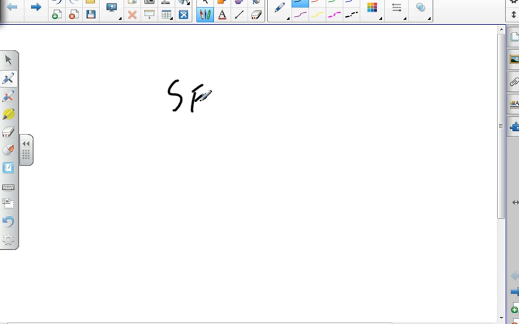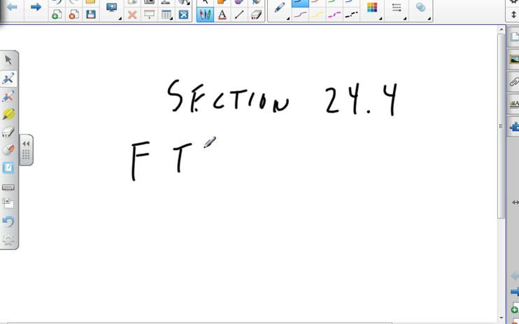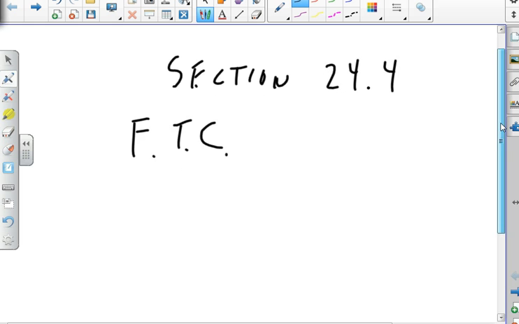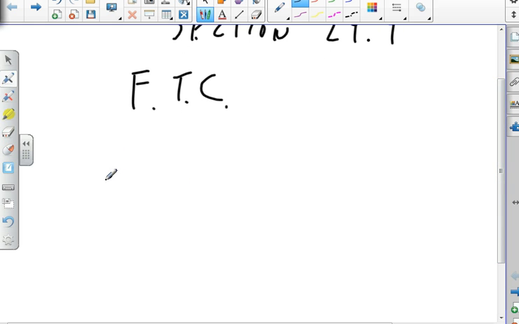We're starting in section 24.4 of the Tech Math book, and we have the fundamental theorem of calculus, which is something that we don't worry about because we're technology guys, but if you were in a regular calculus class, you'd spend a couple weeks proving this. And it says the integral from a to b of f of x is going to be